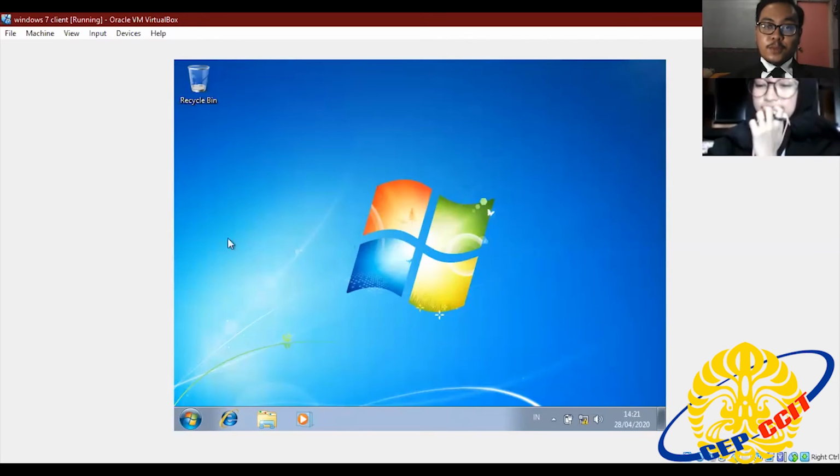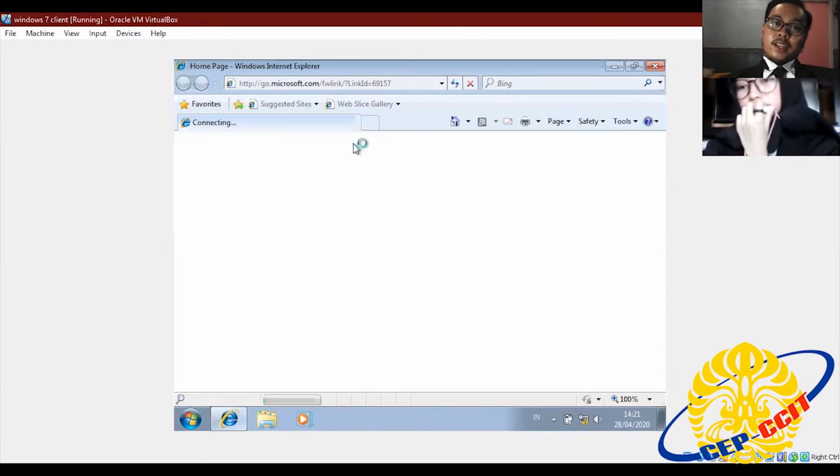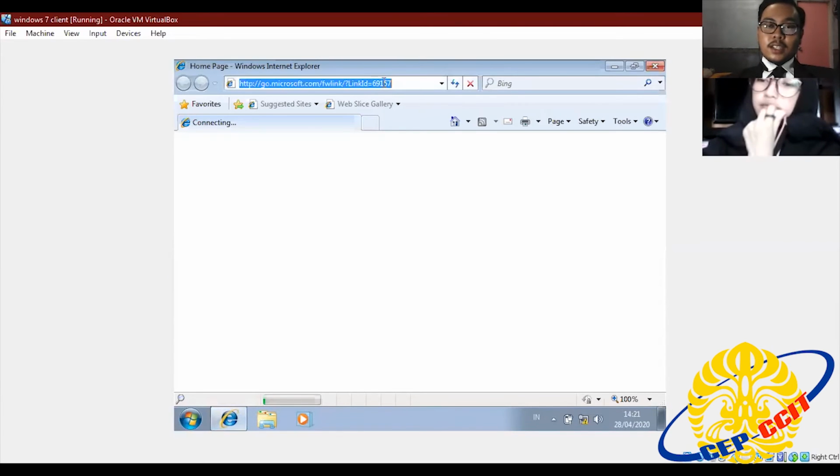In the desktop of Windows 7, we click Explorer and we open the web that we created before on the web server.